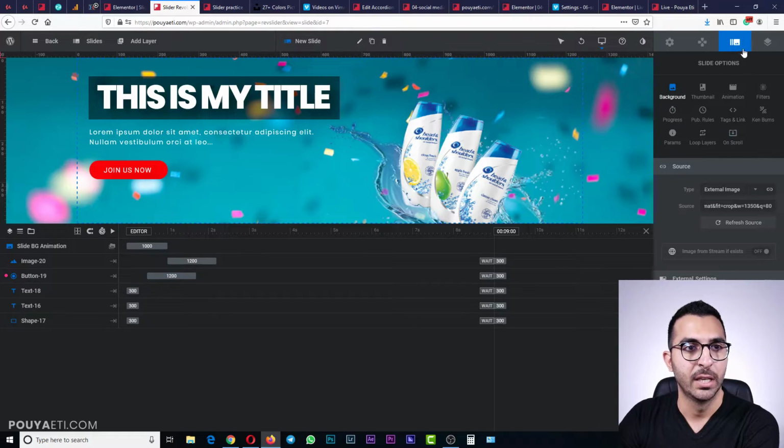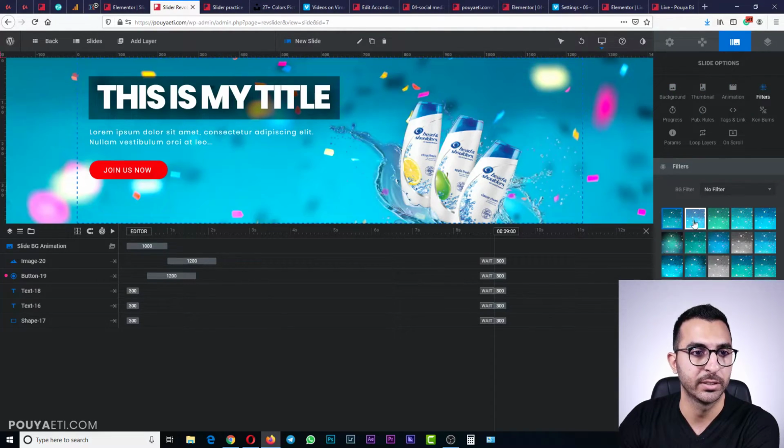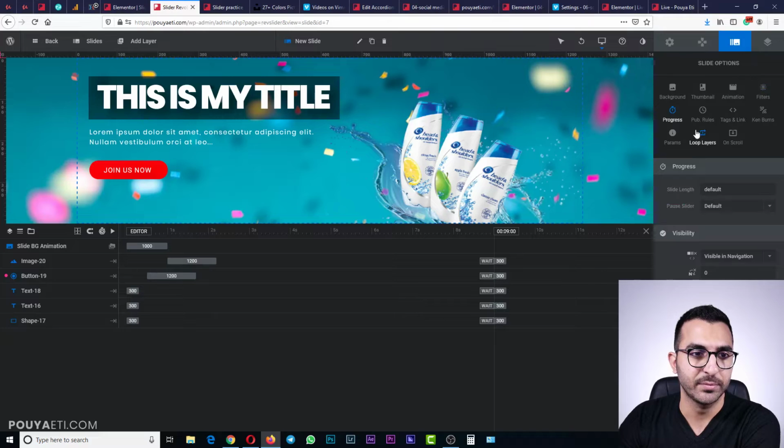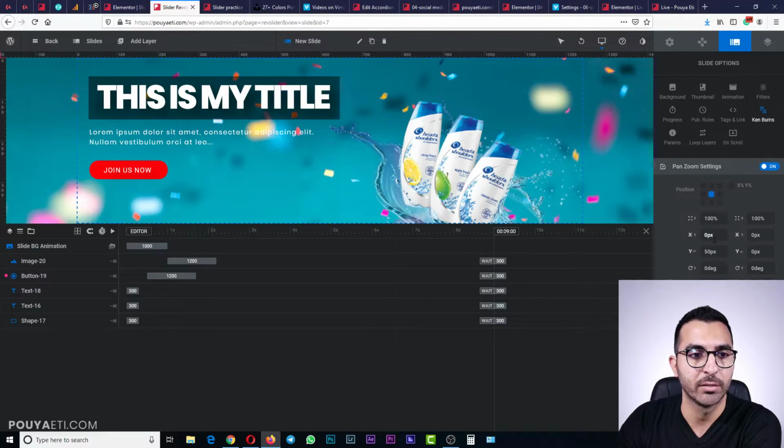So here, on the third one, we have slide options. We have thumbnail, animation, filters. For example, on filters, you can change. It's like Instagram filters that you use on your photos. See, there are different filters here. Progress, links. For example, here we can add a movement, right? We can add a movement to our